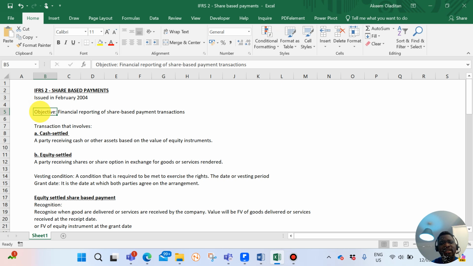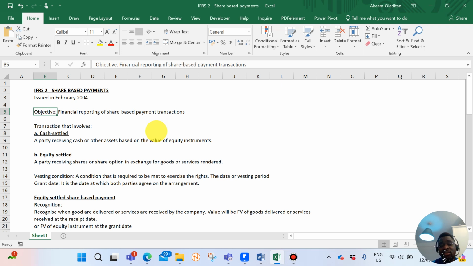There are some organizations that do give share options to employees for services rendered over a period of time, or an entity delivers goods to the organization, but in exchange for those goods, the company can decide to issue share options to that vendor, or maybe a director of the organization, that those options can be exercised at a particular period of time. So this standard covers those